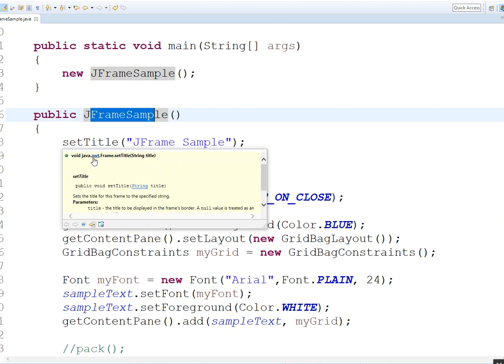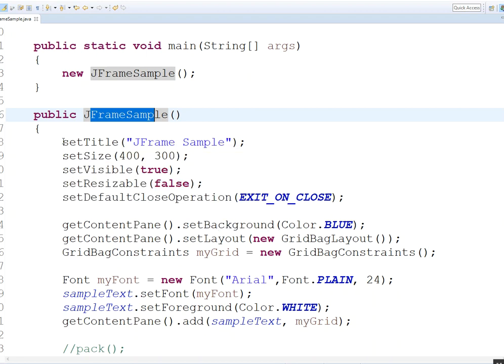All right, because we inherited everything from java.awt, including the frame, all we have to list is the set title part of it. We could type the whole thing out, but it's kind of redundant. So we set the title for the title bar. We set the size, the original starting size of the frame. We set visible to true so that we can see it, and we set it resizable false